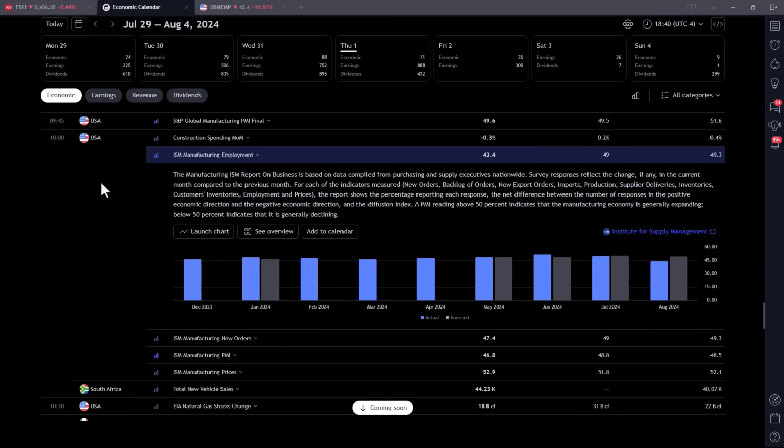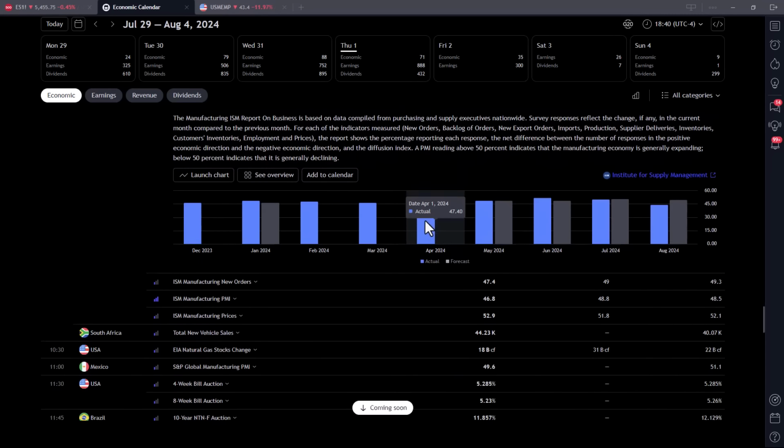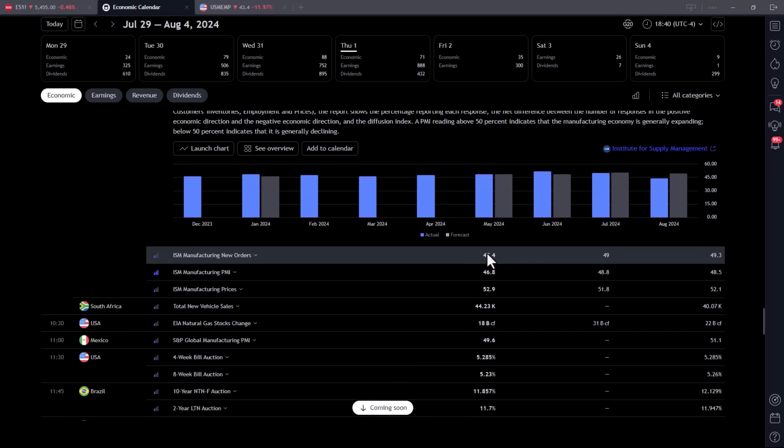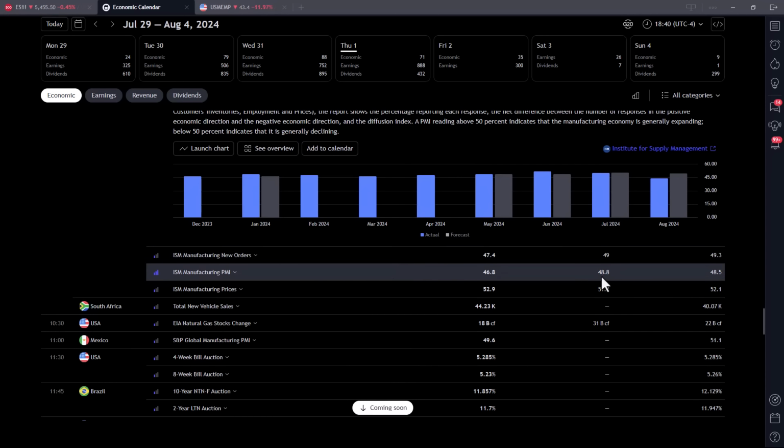Now, today we had this data point come out. Now, this data point is very, very clear. ISM manufacturing employment, 43.4 to 49. And this is a low number. Yeah, it's a low number. But what this does is it just says, do we have people coming in? Are we hiring? Are we not hiring? Is this number the end of the world? No. As a matter of fact, if we start going through some of these other numbers, 47.4, manufacturing PMI 46.8 from